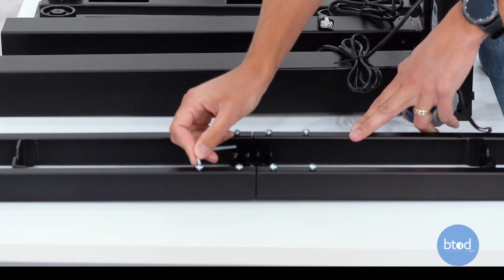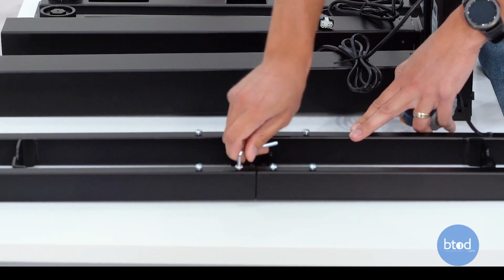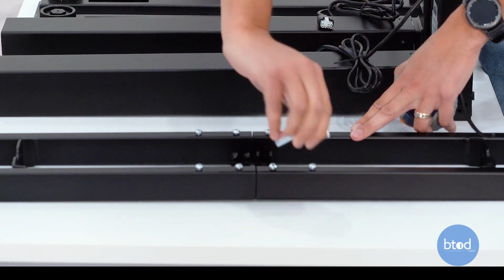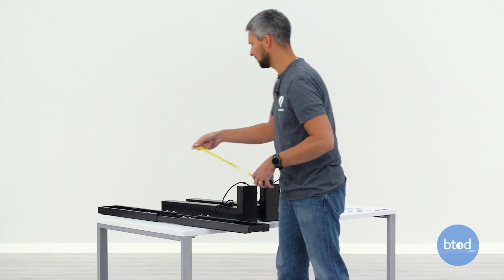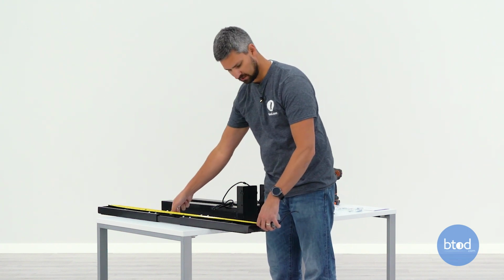And then I'm going to be using a 48-inch top, 48 inches wide. So what I want to do is have this cross piece be about 46 inches. The reason I'm going to do that, I'm going to pull it out so that it's at about 46 inches. The reason I want 46 is that way